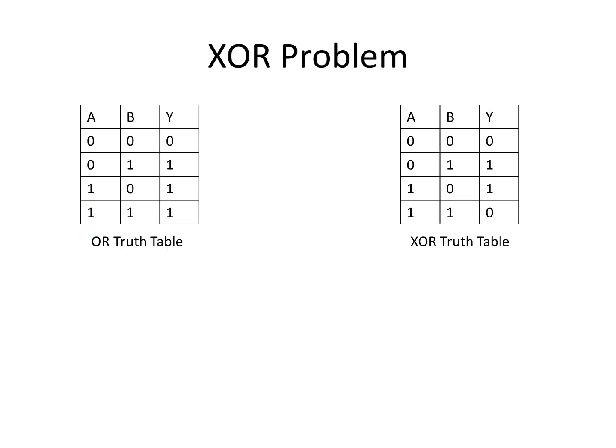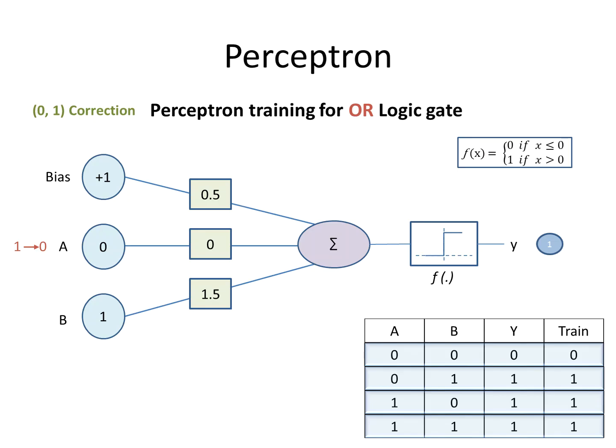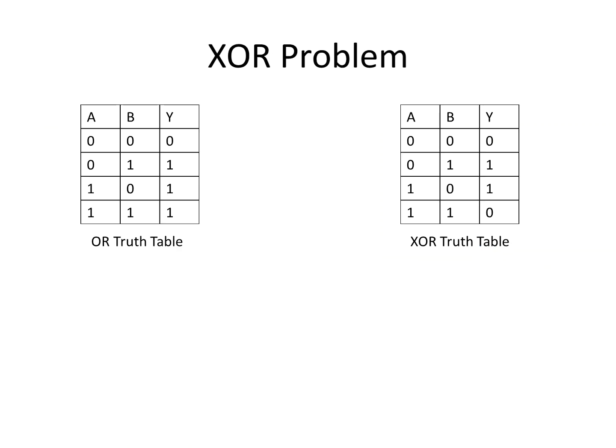So this is the training of the perceptron, and we can train it for the OR logic gate, NOR logic gate, AND logic gate and NAND logic gate. But in the case of the XOR logic gate, a single perceptron can't fulfill the training. The reason is that if we look at the graphical representation of the OR logic gate, it is linearly separable: the 0 is available below this line and all the ones are available above the line.